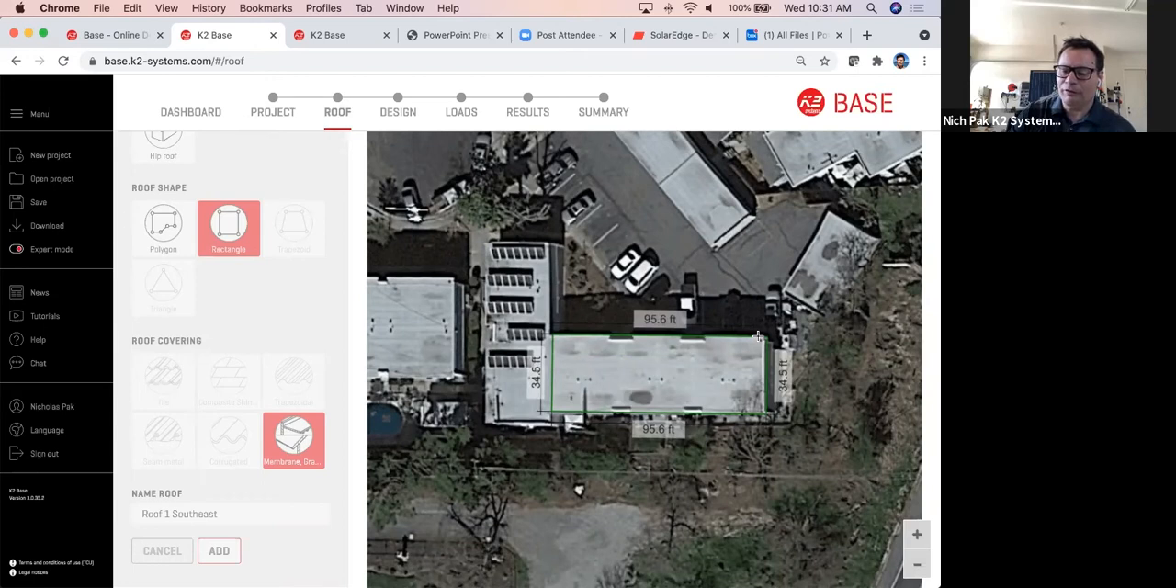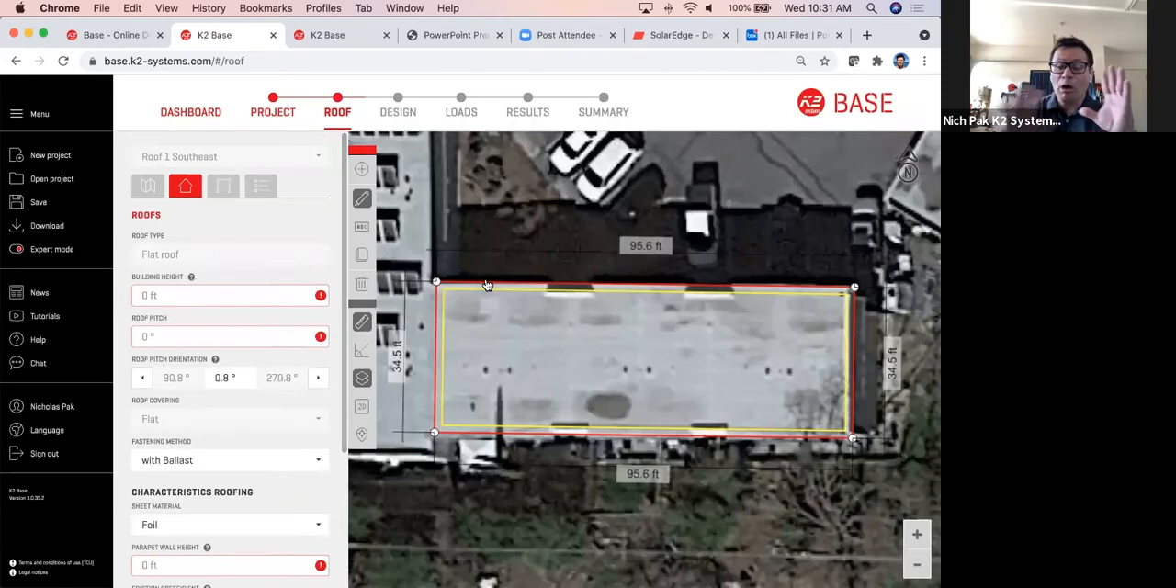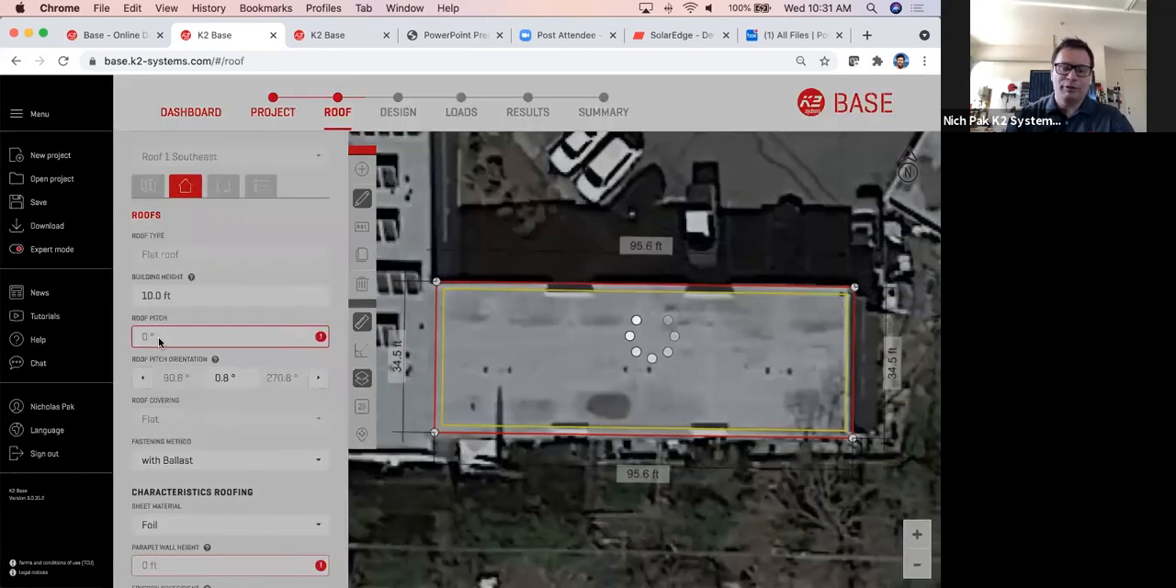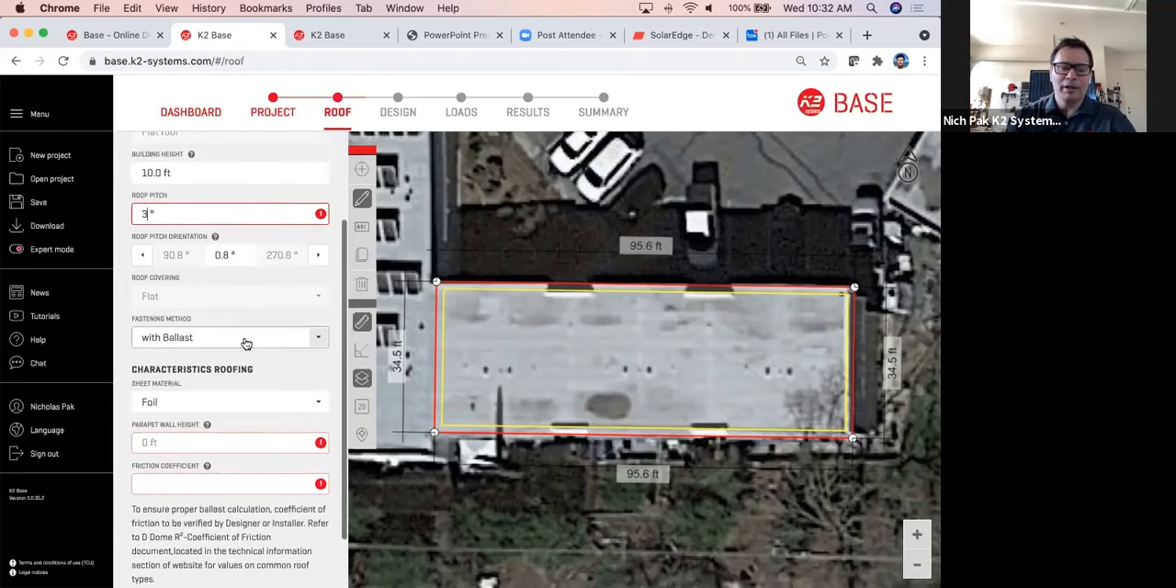It's just about 34.5 feet. So from here, this is marked out the outline of my actual building. We know that this building is definitely over 10 foot, so I'm going to put 10 foot and the roof pitch being about 3 degrees. Now, since we know that we're going to be doing a CrossRail tilt system here, we're going to actually select